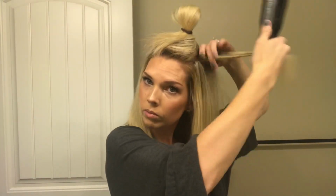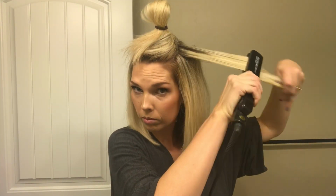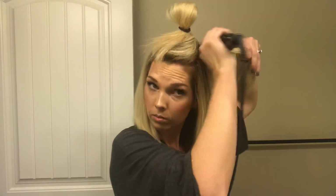Okay, so here is when it starts to get fun. So I've just backcombed my hair a little bit because I'm working towards the crown now. And I already have dry shampoo in my hair from before I got started with straightening. And now I'm literally going to set that back comb with my straightener. So I like to just leave a little heat on my roots and straighten away as usual. And then I'll actually just push it up a little bit so that as it cools, it just holds that